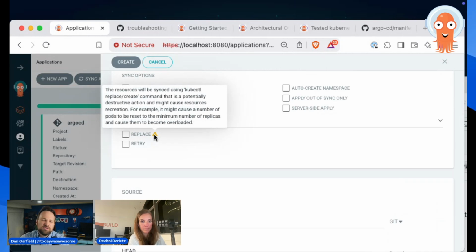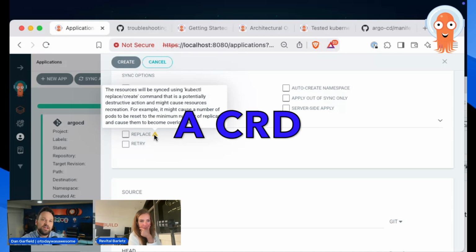There is this option to replace. And replacing is a pretty common thing you do in Argo CD, or sorry, in Kubernetes in general. Like, oh, this resource, it's immutable. I can't update it. So I need to delete it and recreate it. And that's totally fine. But there is one resource that you probably should be very careful before replacing, which is